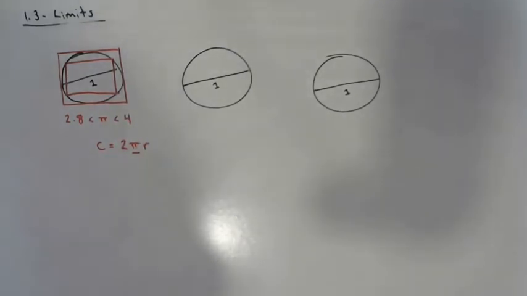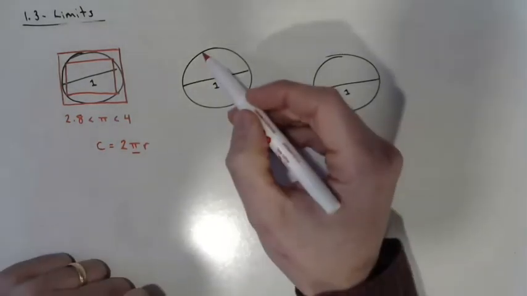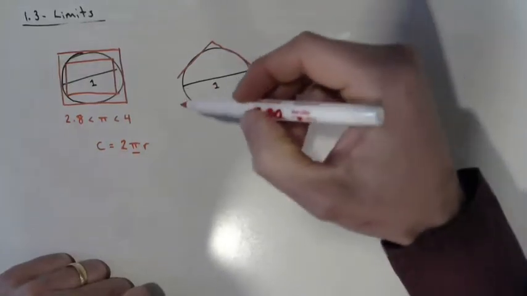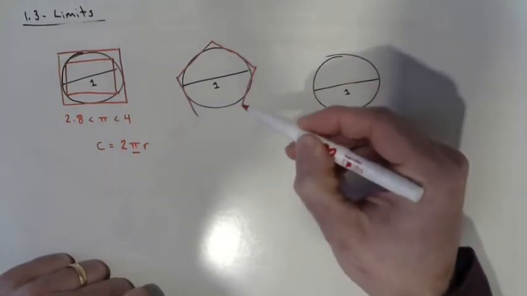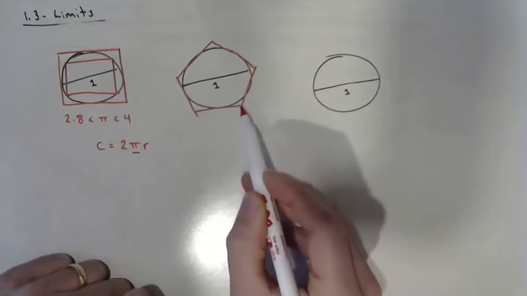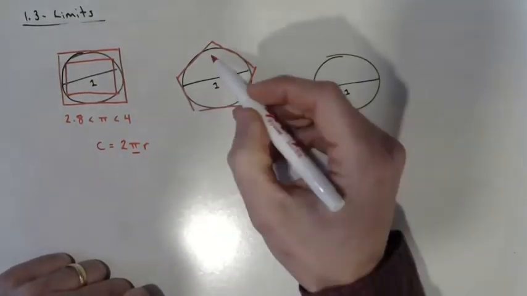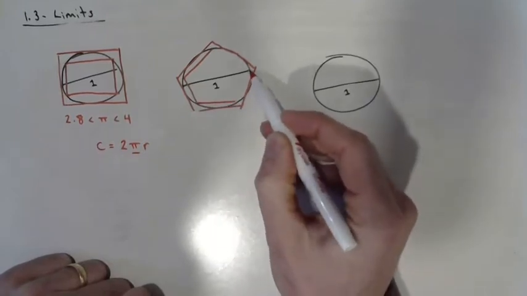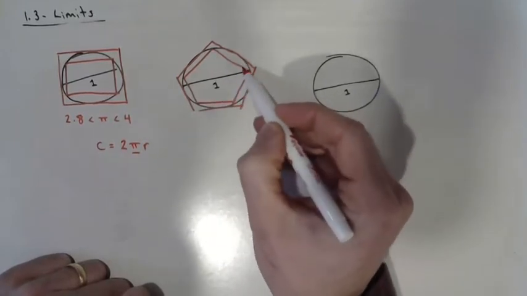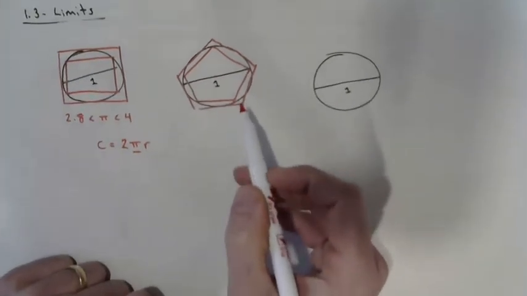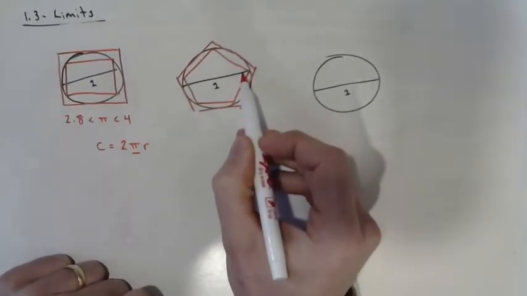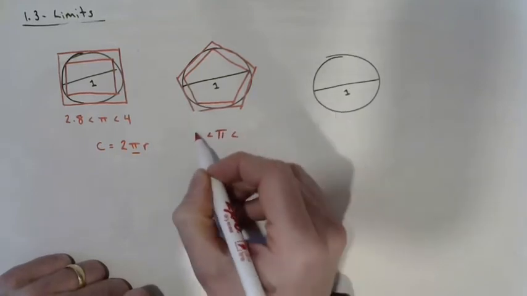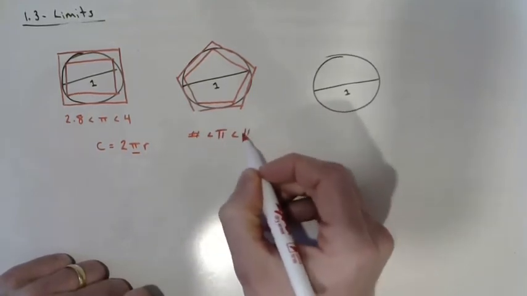And he said, well, why use a square? Well, I could use a pentagon. Pentagon is closer to a representation of a circle than a square is, certainly. And so he drew a pentagon on the outside of the circle, and he drew another pentagon on the inside of a circle, and I'm sure his pictures were better than my pictures. But you can see already that the outer polygon and the inner polygon are quite a bit closer, and so the estimate of pi is going to be better already.